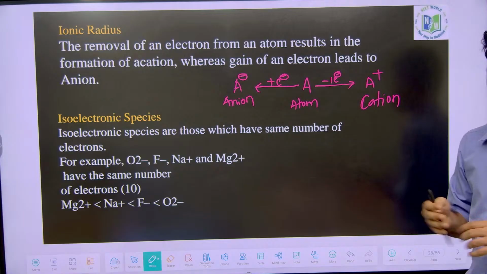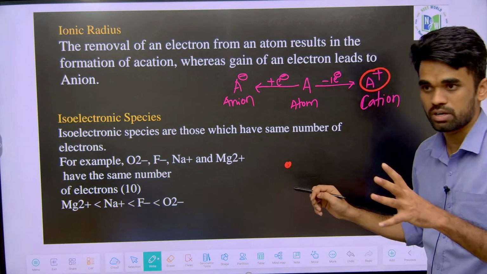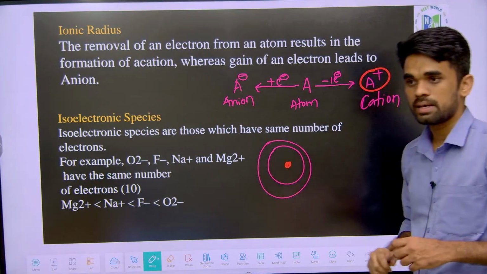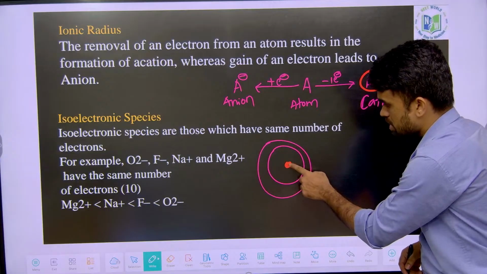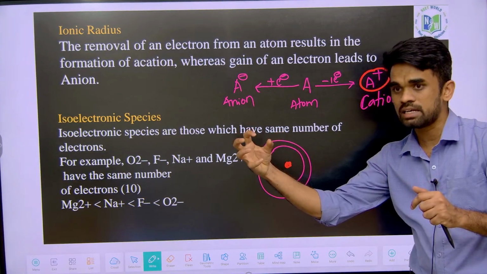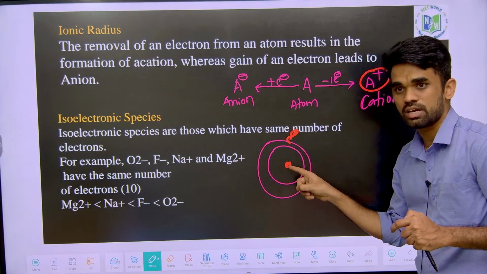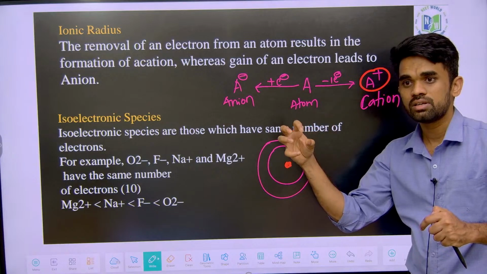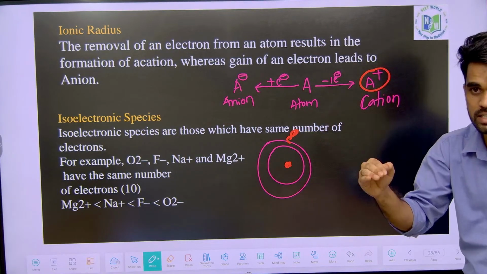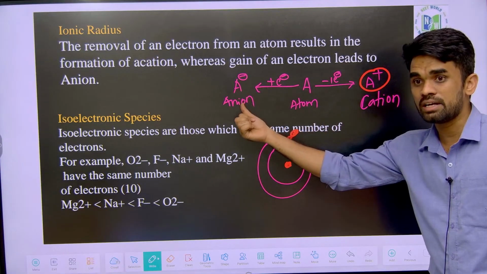Relatively in the cation. More positive charge means the nuclear forces are more now. If this is the nucleus and these are electrons, and the positive charge is more, that positive charge strongly attracts the electron cloud. These electrons are strongly attracted, so size decreases. So always remember, a cation will have a smaller size than its atom. And what about the anion? Anion has more